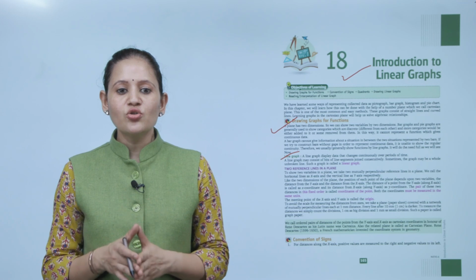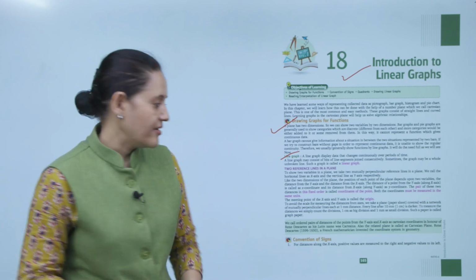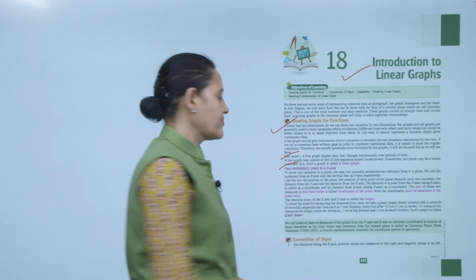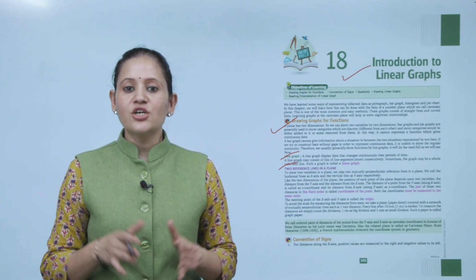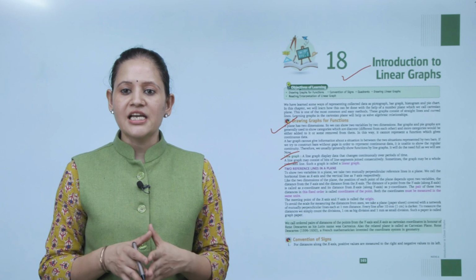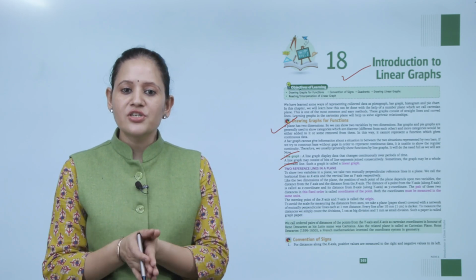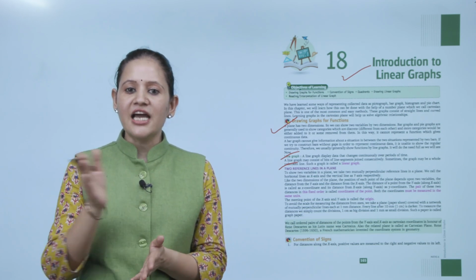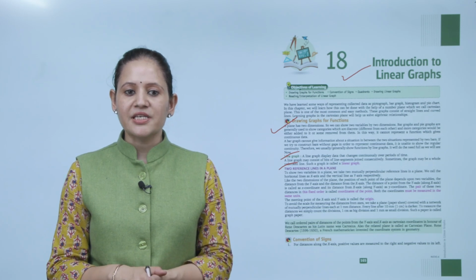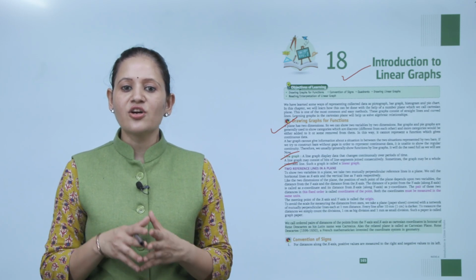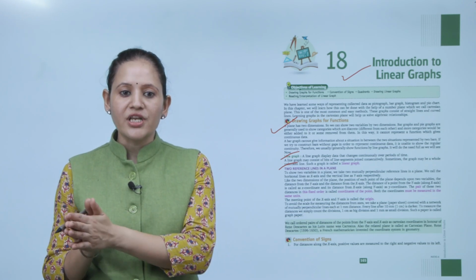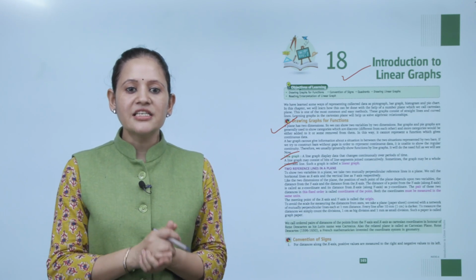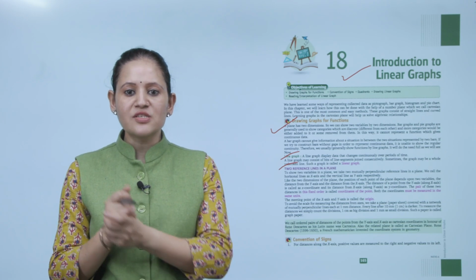Next is two reference lines in a plane. Now to show two variables in a plane, we take two mutually perpendicular reference lines in a plane. We call the horizontal line the x-axis and the vertical line the y-axis respectively. Like the two dimensions of the plane, the position of each point in the plane depends upon two variables: the distance from the y-axis and the distance from the x-axis.